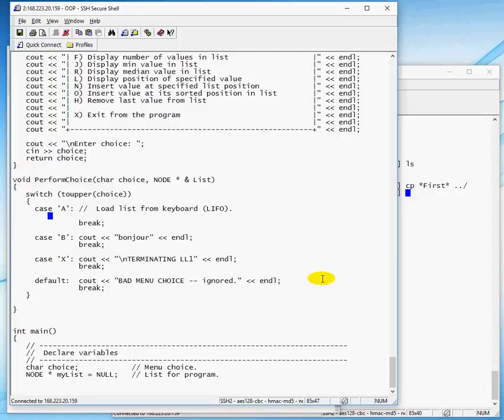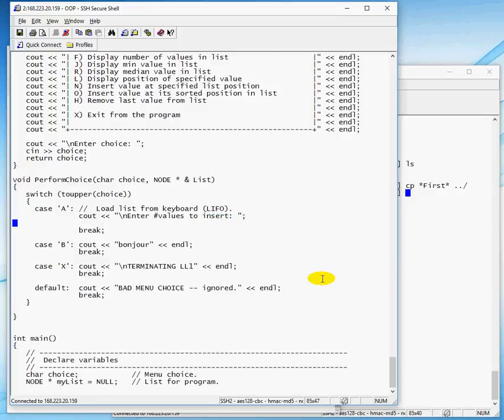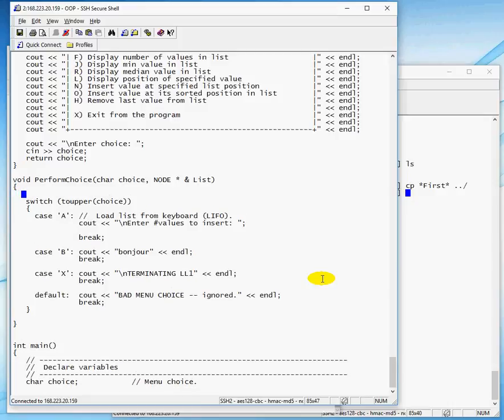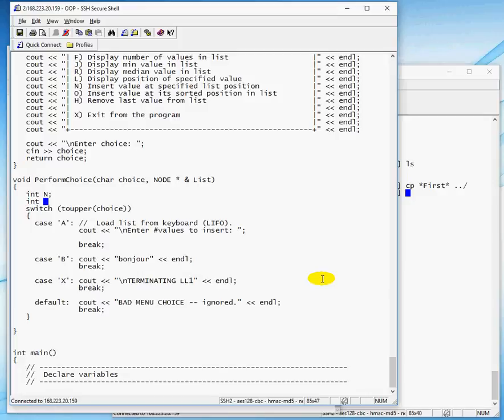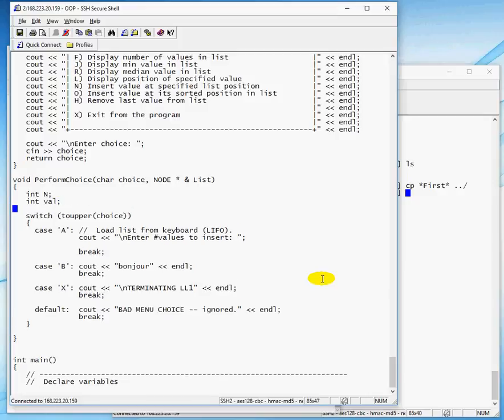We say, aha, we got a prompt. Please issue all the prompts starting with a new line. Enter number of values to add, okay, to insert. Oh, we need a variable, don't we? So we're going to say int n. We also need val. Okay, value. So we gotta say